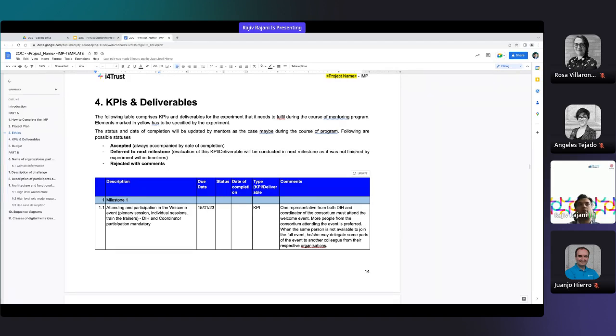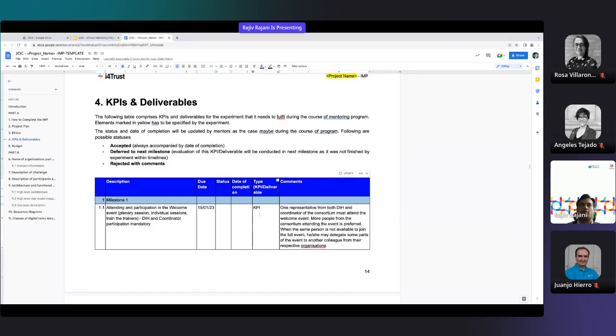Possible statuses are mentioned above the table, and they will be placed in this column. When it is accepted, it is always accompanied by a date of completion. When it is rejected, you will also learn from your mentor why it was rejected and what steps you need to take in order to correct it.